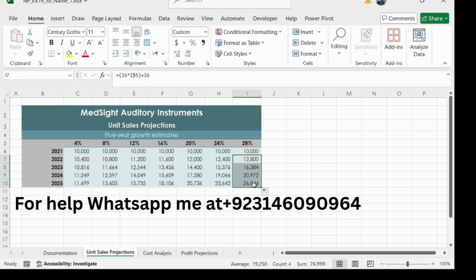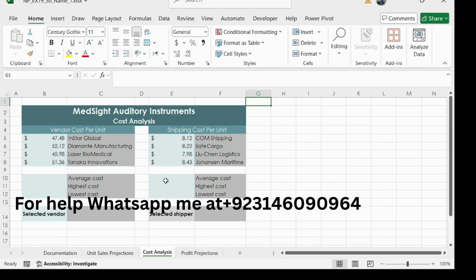So we have completed 4 steps here, and our step number 5 is switch to the cost analysis worksheet. So switch to the cost analysis worksheet. This is the cost analysis worksheet, and then in cell B10. So go to cell B10. This is cell B10. Create a